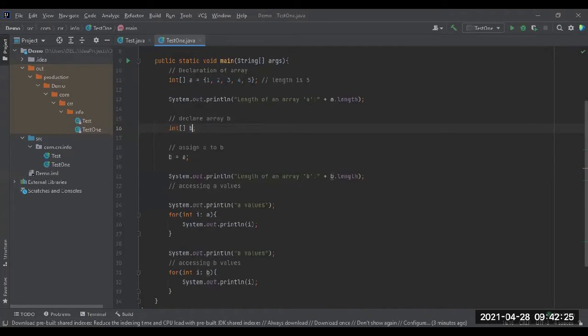So after assigning this, inside b we are having 5 memory locations. Initially a is having 5 memory locations because we initialized 1, 2, 3, 4, and 5. After assigning b is equal to a, the compiler directly assigns 5 locations for b also. Okay, now you got the point, right?